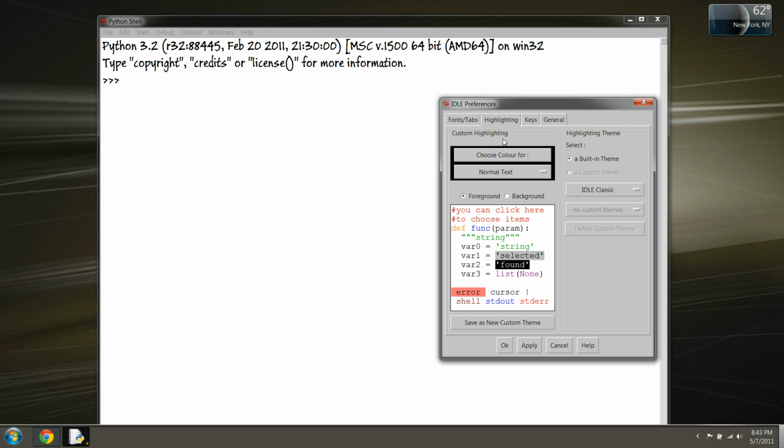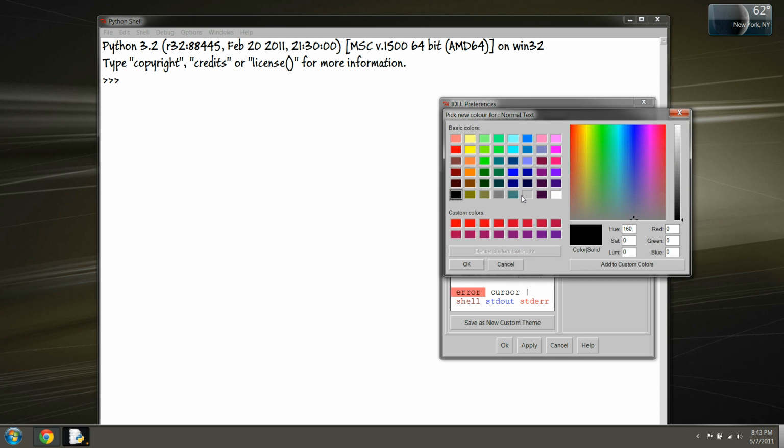Now, under Highlighting, we can change the font text or the default text color. And right now it's set to black, and we can see that in this preview window here, all the black text for our normal text. You can change that too. So if I wanted to make that blue, for example,